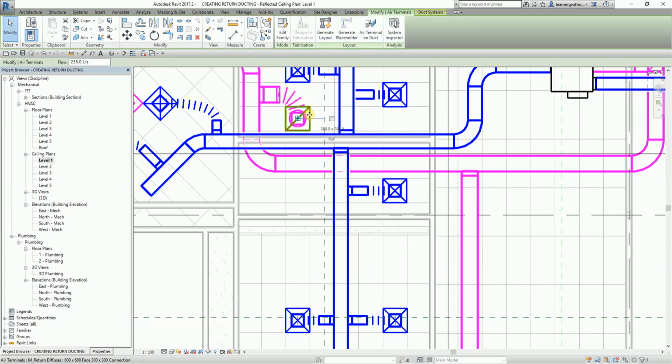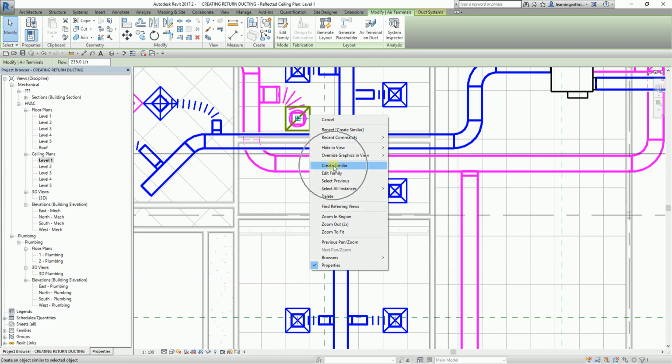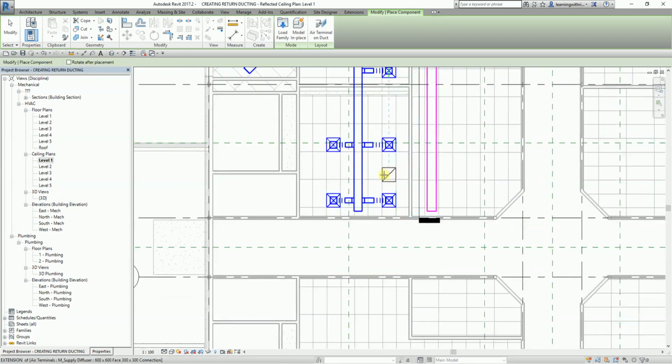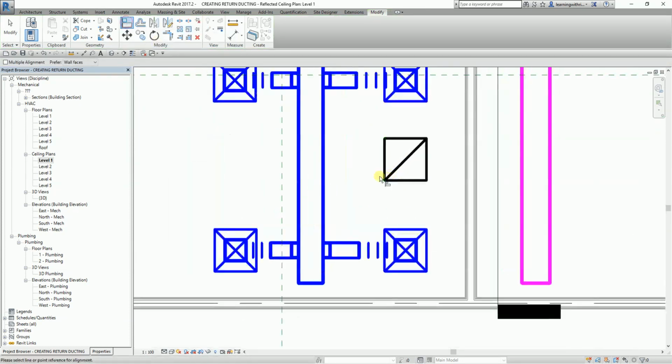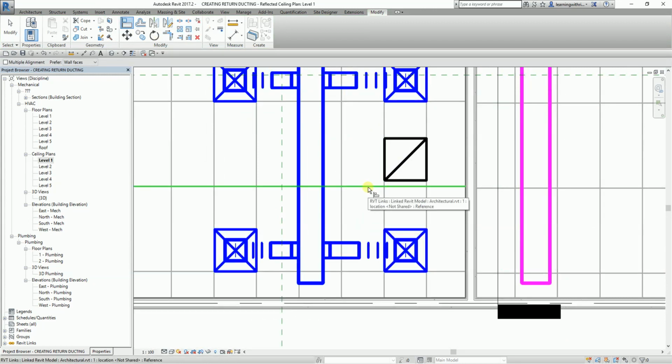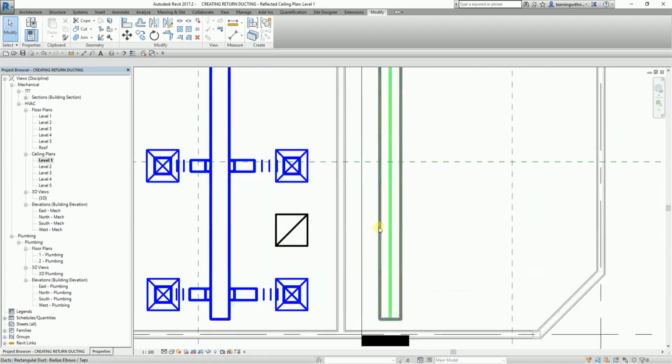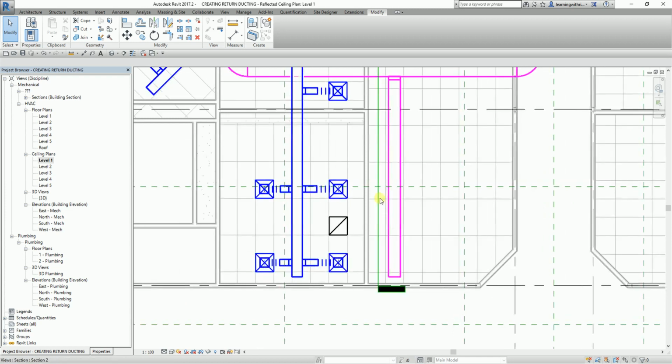So click, right click, create similar. Okay, and then after that, I'll just align it here. So align command. So select the grid where you want to align, and then select the side that you want to align. There you go. No need to padlock it. There you go. Alright, and then I'm going to